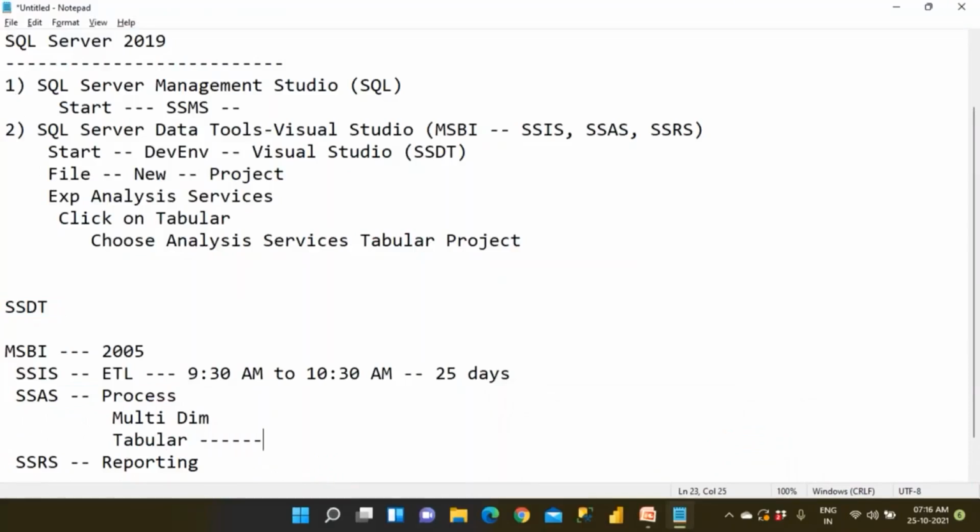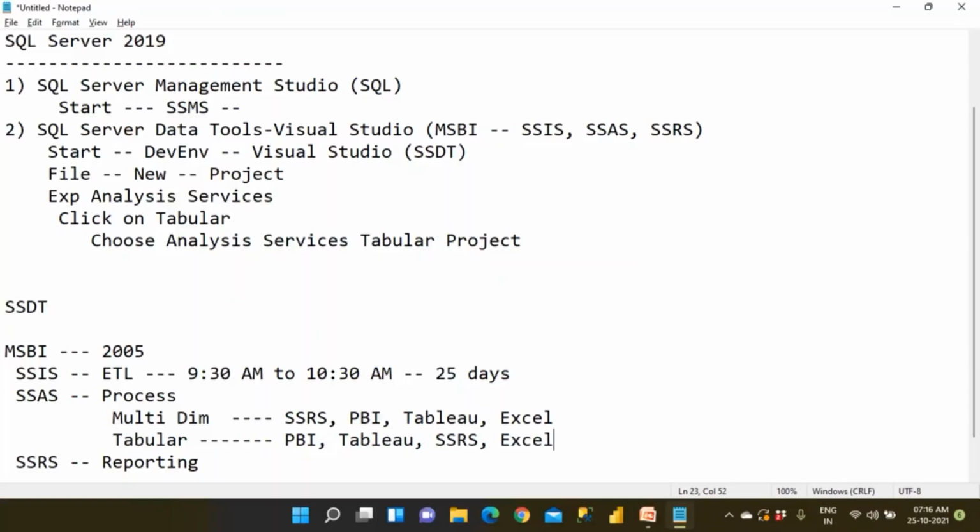Tabular projects we are going to consume in Power BI, or in SSRS, or in reporting software like Tableau. Any reporting tool should be able to get the data from here. This is not a problem at all. Or you can also connect using Excel sheets. Excel is also the number one reporting software, right? You can also consume SSAS in your Excel sheets as well.